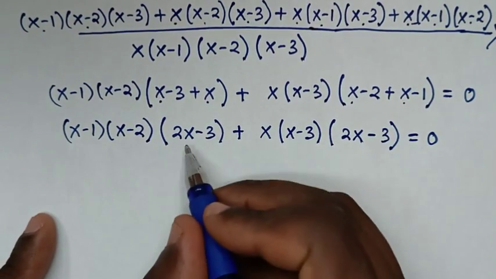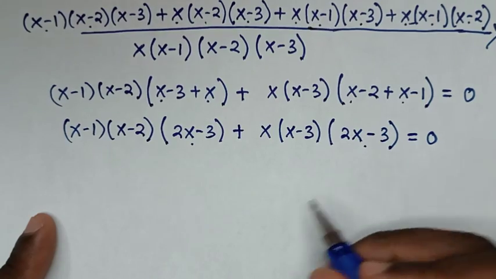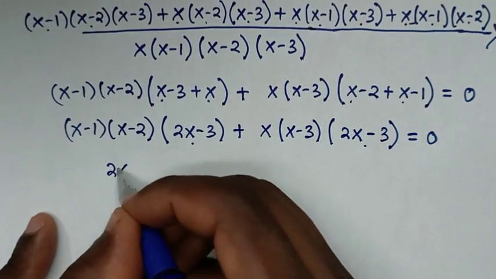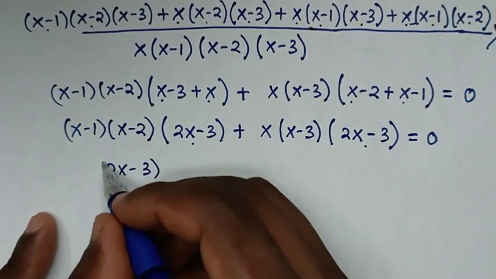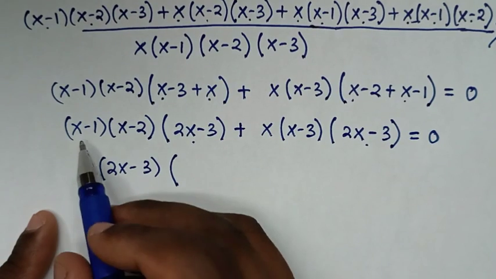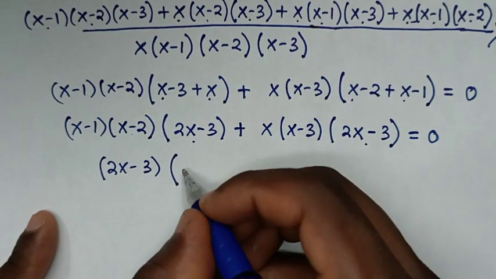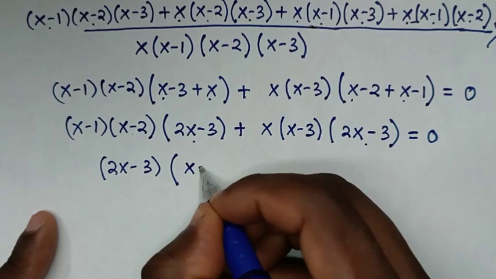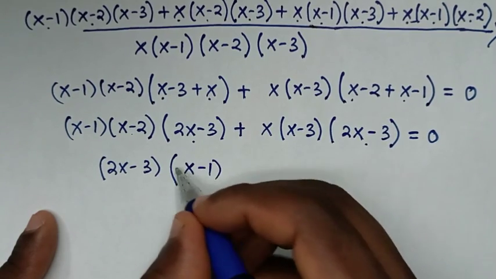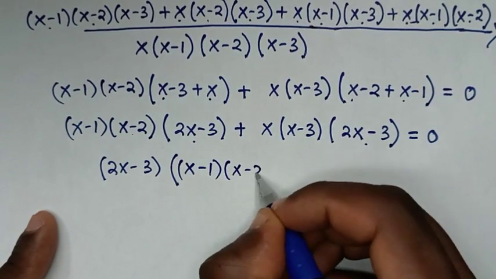Then from here 2x minus 3 is common, so we take (2x minus 3) out of bracket, then this, divided by this, it is this times this, so it will be (x minus 1) times (x minus 2),